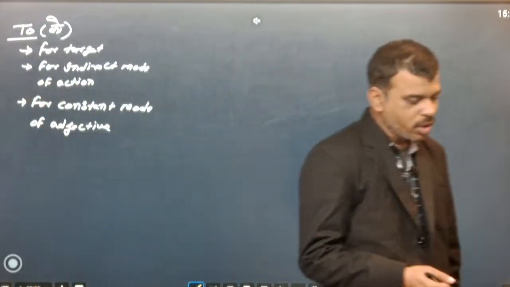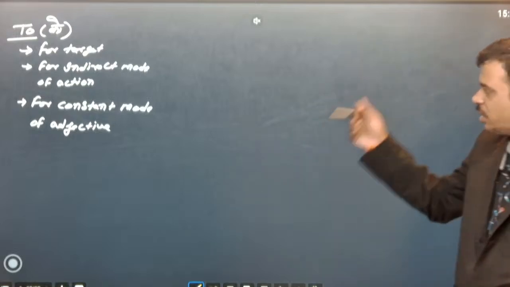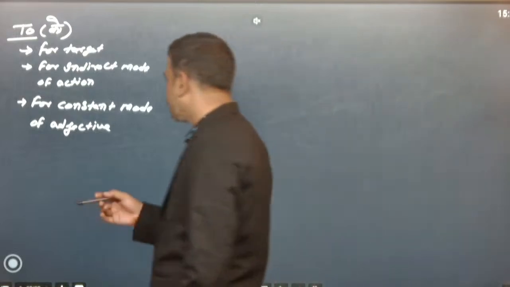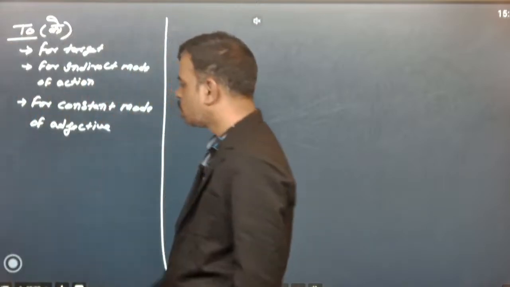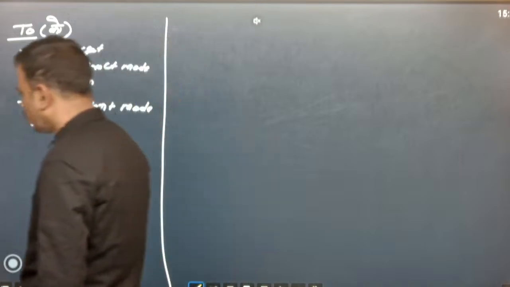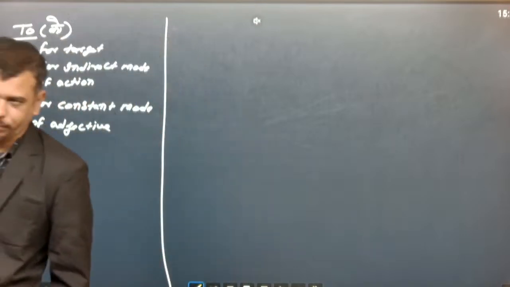So to is the word that we generally use in these three conditions कि target के लिए, indirect mode of actions और constant mode of adjective, तीनों इंपॉर्टेंट है. जैसे